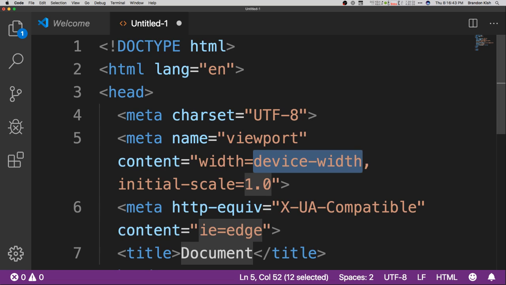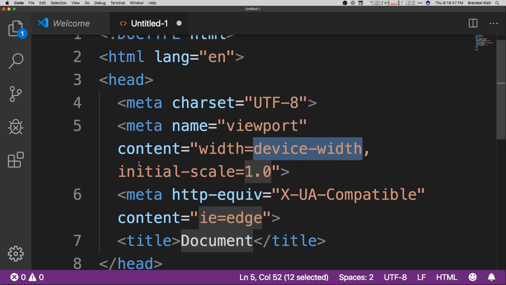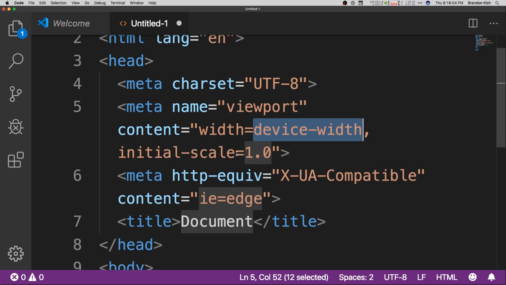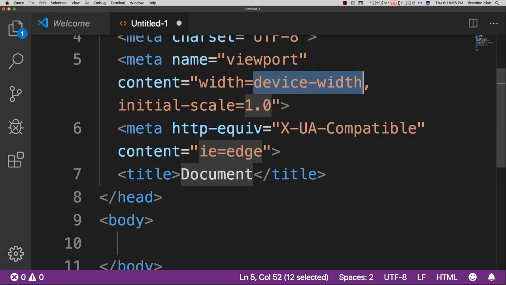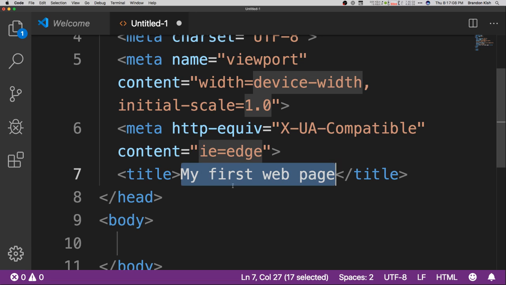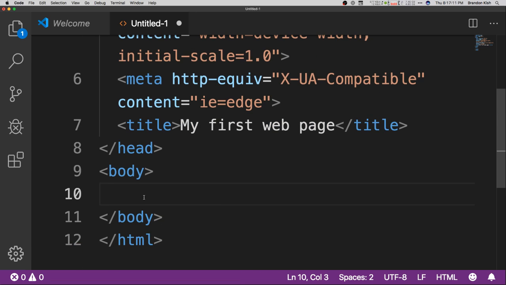So I'm just going to hit enter, and it filled it in with some tags that we're going to learn more about next week. This meta tag that has to do with the viewport is going to be a whole focus of our next chapter. And you'll see that some things are highlighted. If I hit tab, I can jump ahead to them. So I might tab ahead to between the title tags here, and I might be able to call this my first web page. And I can still tab. I can shift tab to go back or tab to go forward. I'm going to tab one more time to get into the body.